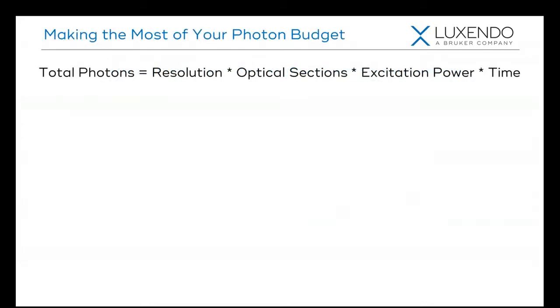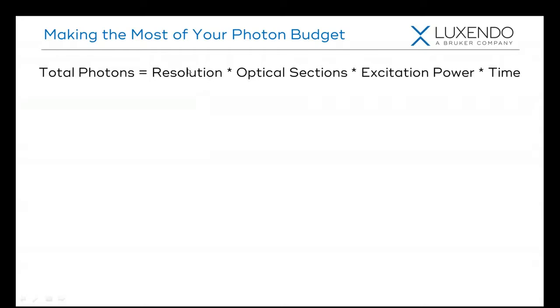So every time you start your experiment, before you even put your sample on the microscope, we've already got a set number of photons that we can get from this sample. And that set number of photons is the product of approximately four things. So A, the number of fluorophores you have in there, which is difficult to change, but it's